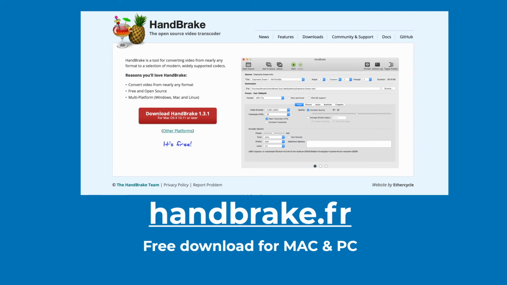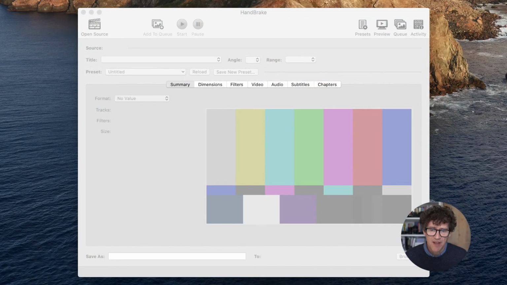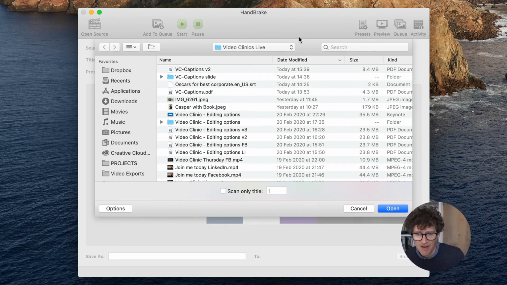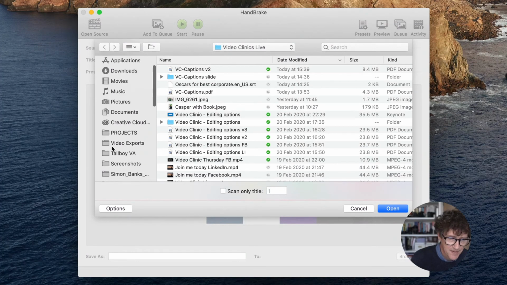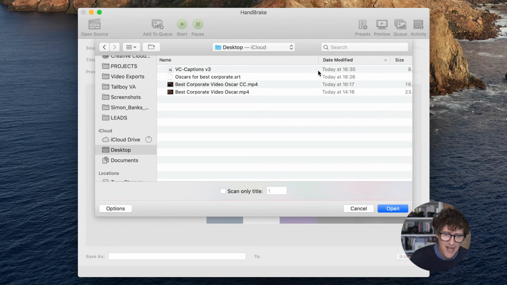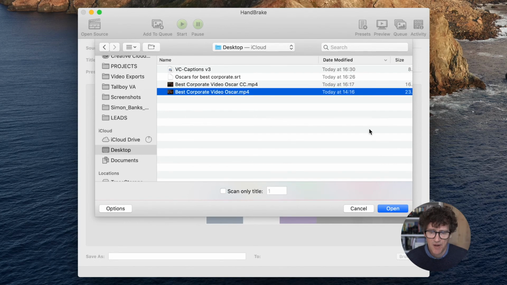So I use a free piece of software called Handbrake, handbrake.fr. You can download it for Mac or PC, and it's pretty easy to use. If I come back to my screen, I will show you how I use it. All you have to do is open your video. Here is one. Open your video,